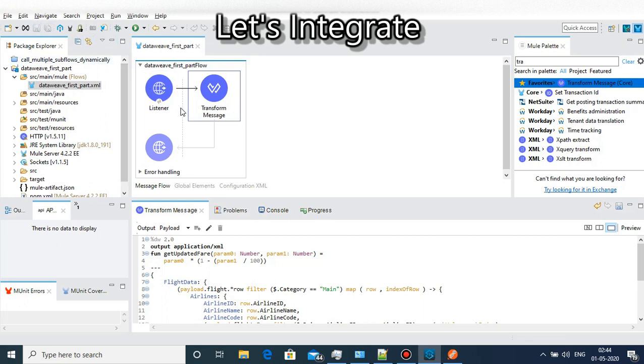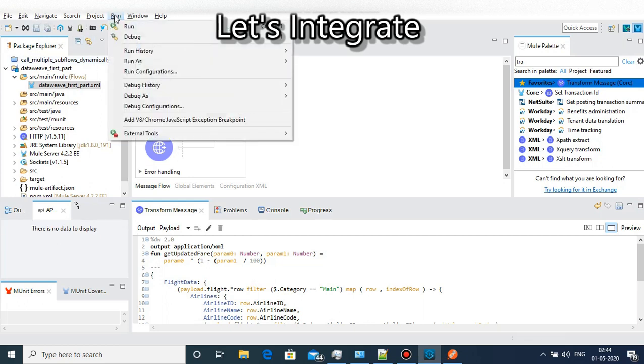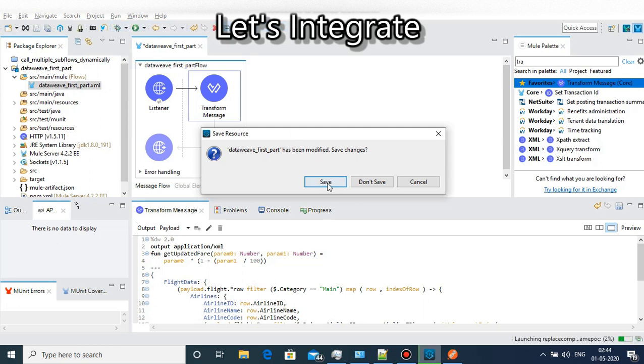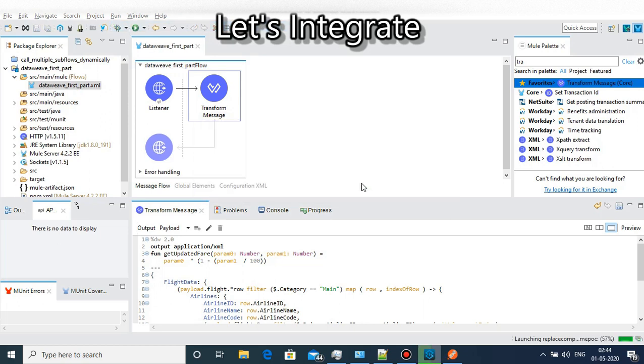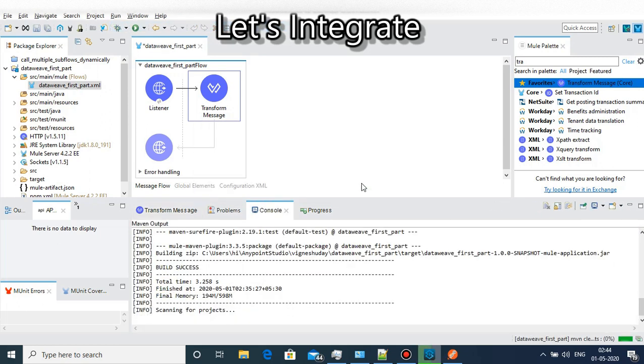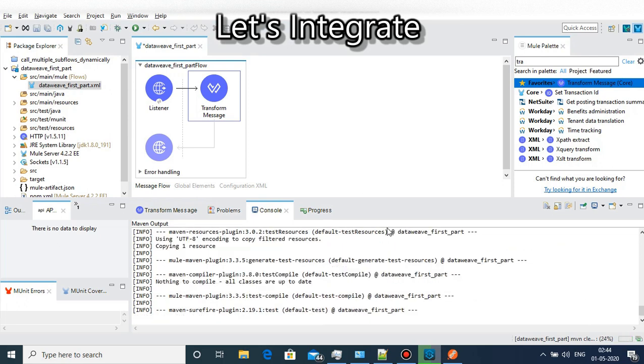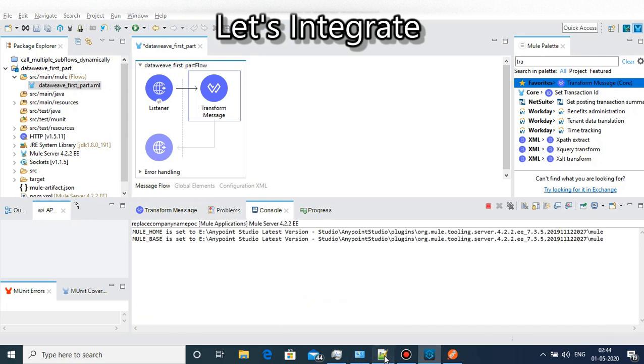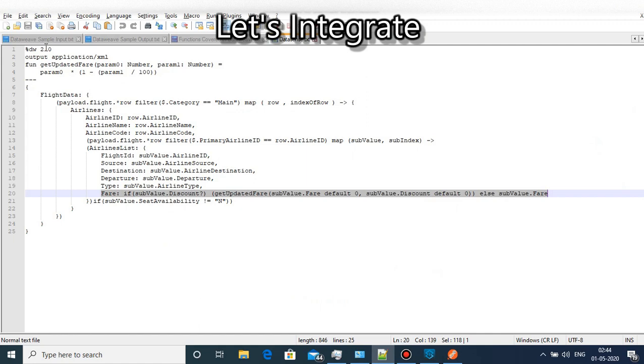Now I will deploy the application. Let me look into the sample input.